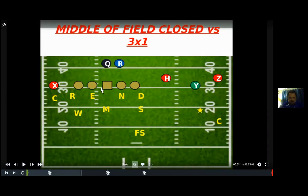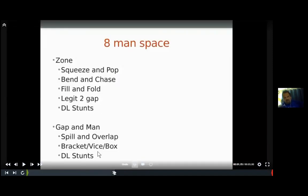Is the problem the math? No. Like, we got enough guys. It's just, how do we want to fit it? Do we want to spill and overlap, or do we want to box it, vice it, bracket it, whatever you want to say. Again, D line stunts